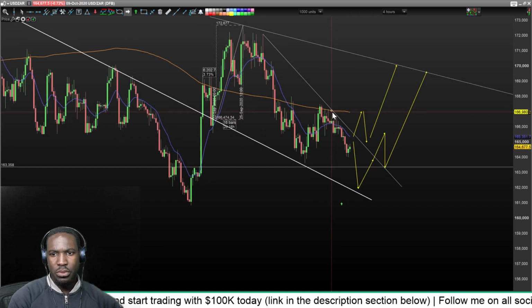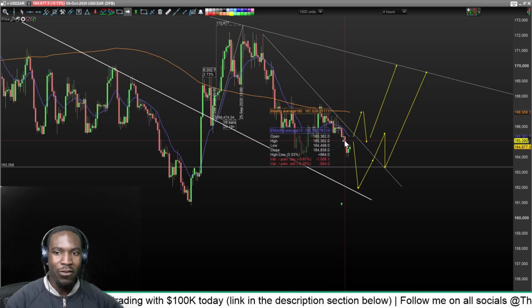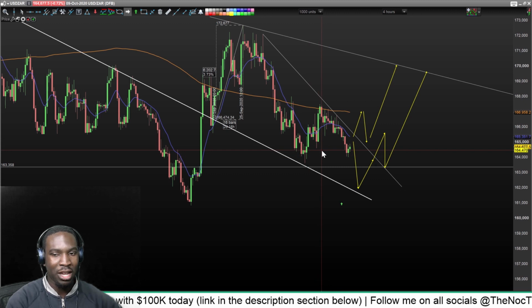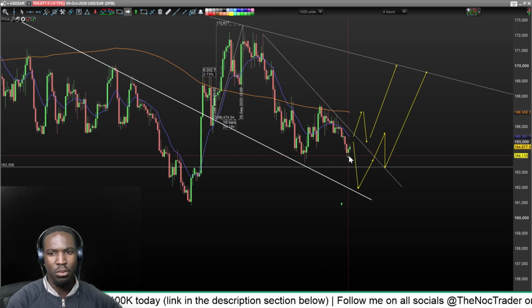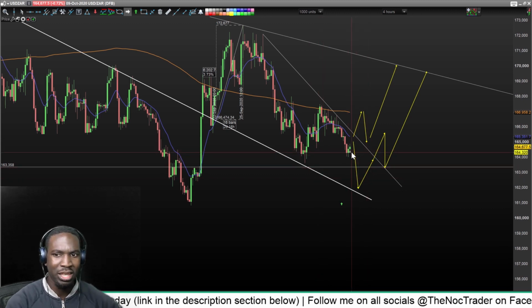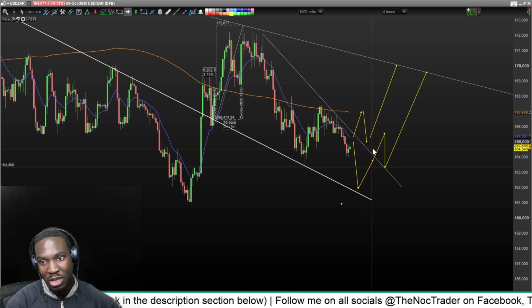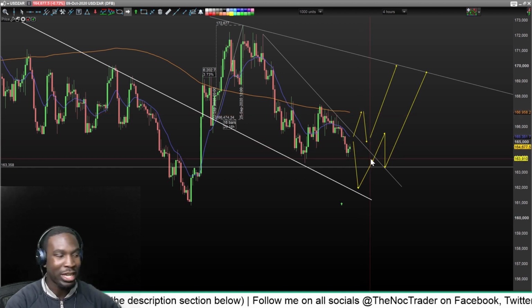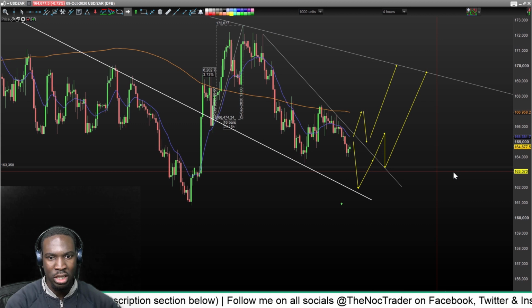So do I want to trade this? I want to wait for confirmation. I don't want to get in early like I normally do with some of my longs. I could do one of two things. I can either wait for the breakout, wait for the retracement, and then at that point I can take my long and set my stop loss just underneath this support line,